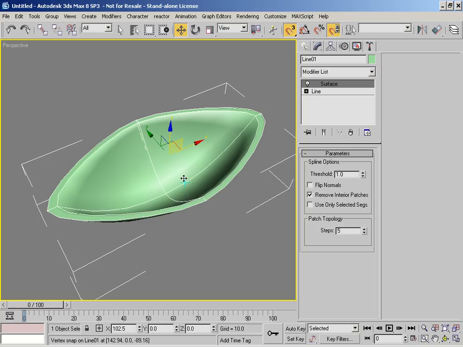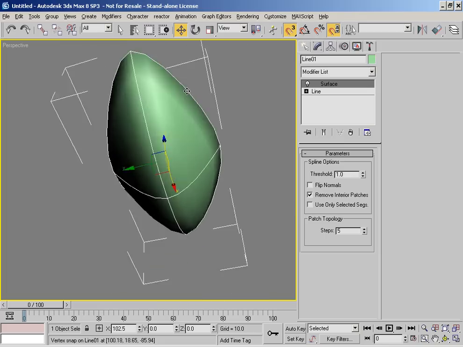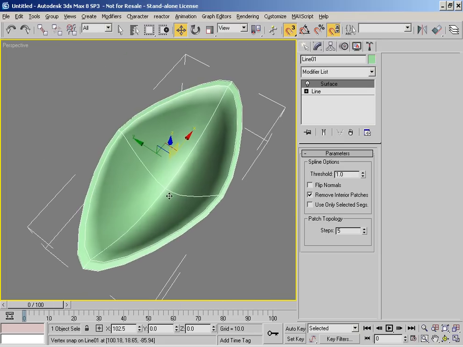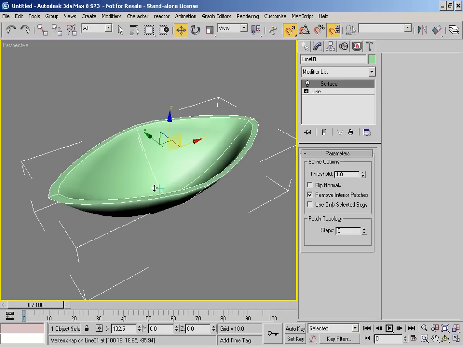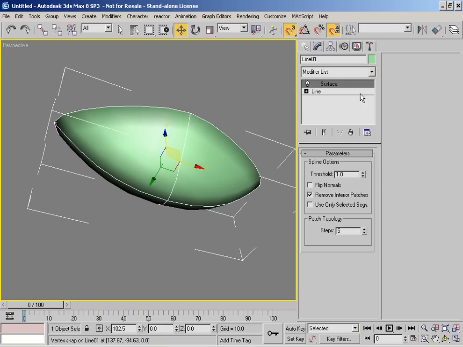So that's method, well, 1 of 2 or 2 of 3 or whatever. One way of creating kind of more complex shapes. You can create some really nice organic shapes with this, like for example car bodies like Audis and Beetles and that kind of thing, with nice sweeping curves and everything. One way to check whether or not you do have any kinks in your mesh, if we collapse